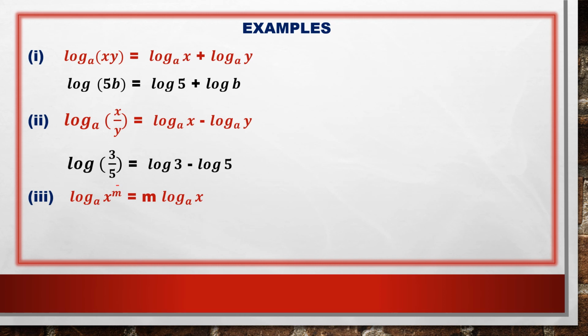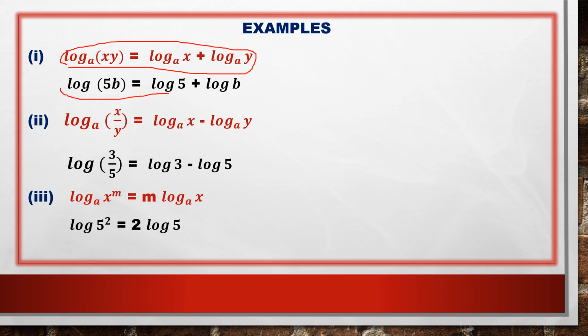Here, power. Power means, as I told, this power will go to the front and the remaining thing will be as it is. So let me take the example 5 power 2, or you can read it as log 2 base 5. So this power 2 is moved to the front and the log 5 is written as it is. Practice them, it will be very easy. Just be thorough with the properties and you can easily apply the property to the problem.